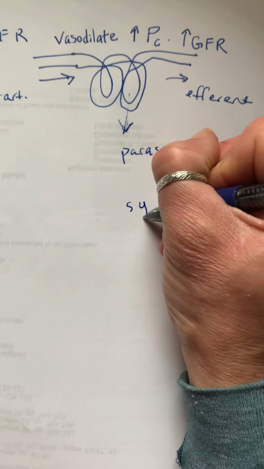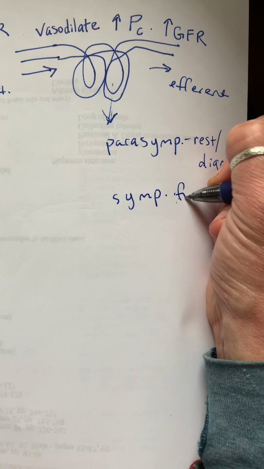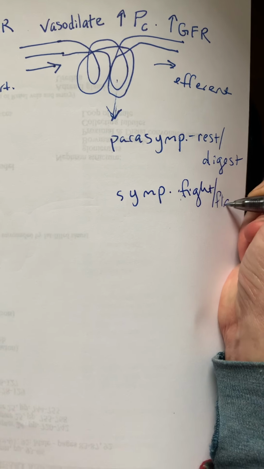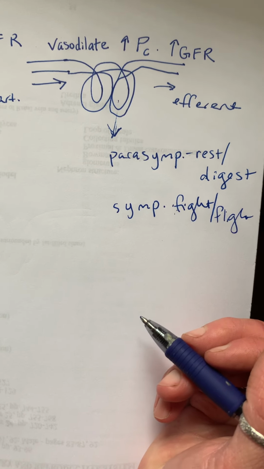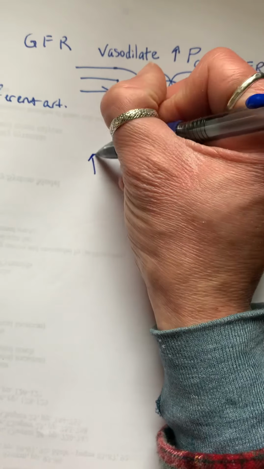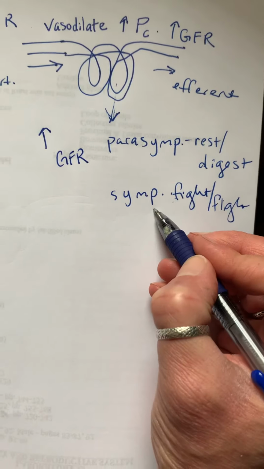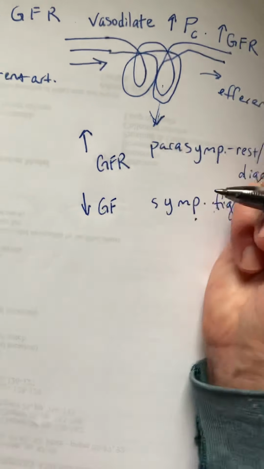The other option is fight or flight, the sympathetic, which would be wanting to hang on to fluid. Of these two situations, the one that increases our glomerular filtration rate is the parasympathetic. And if we want to decrease our glomerular filtration rate, because we want to hold on to all that fluid,